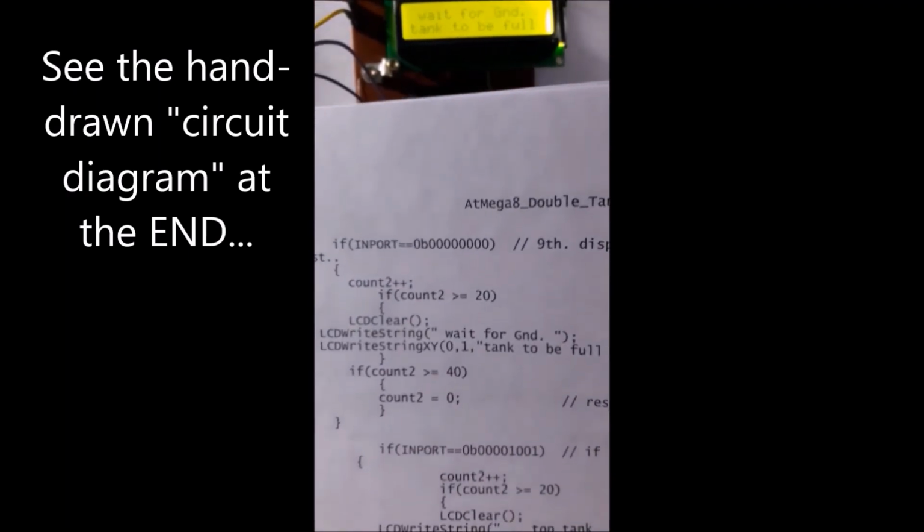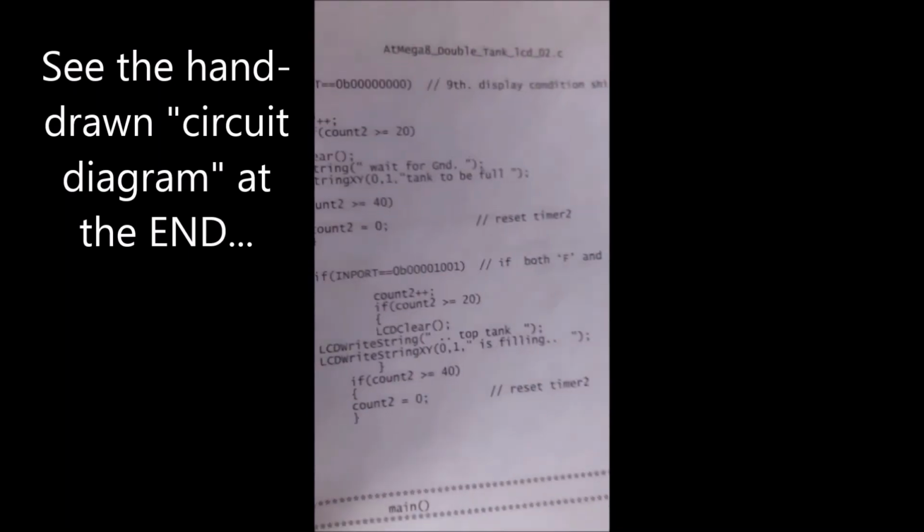This is the 5th page of the program code, and there is alternative flashing of 2 messages here in timer 2, and then comes the main. You can see DDRC, 5 pins of port C are made input and they are put low, and another pin, DDRD, port D, first pin PD1 is also put as input and is made low here.